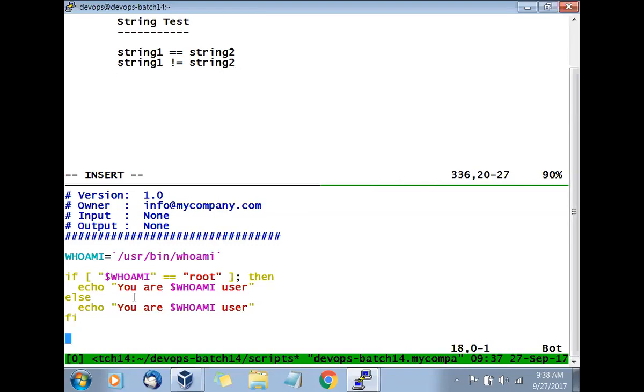You don't have to do anything. So we are going with the string test and we are comparing two strings, saying that, hey, is it a root user or not?